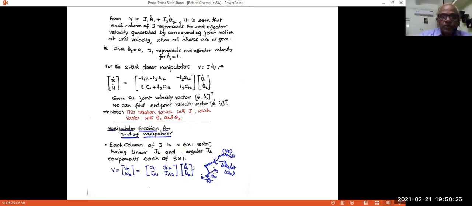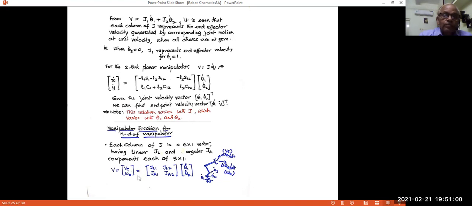Before that, suppose this is a typical n-link manipulator, and we are interested in finding out the endpoint velocity. This is not a planar manipulator, so it will keep rotating. The frame attached will be rotating, and it will have velocity along x, y, z. Not only that, the frame will also have 3 angular velocity components about x, y, and z. So in all, it will be 6 degrees of freedom, and there will be a 6-component velocity vector. So what we will do is